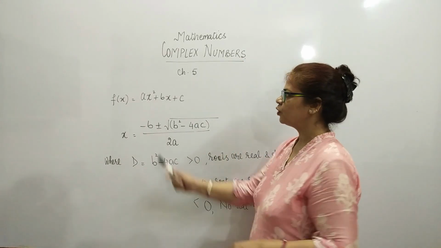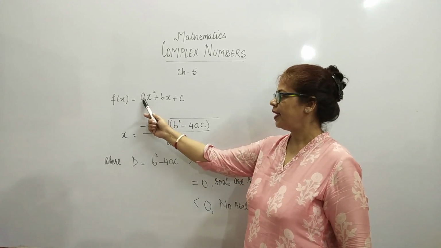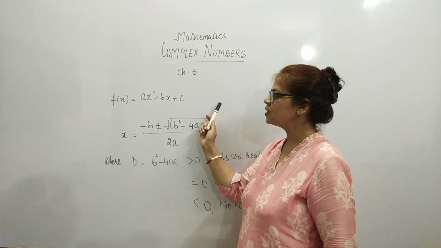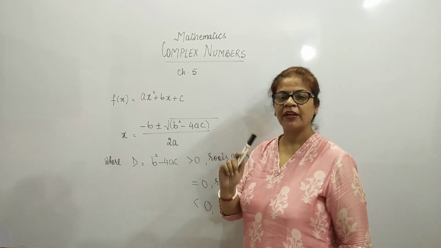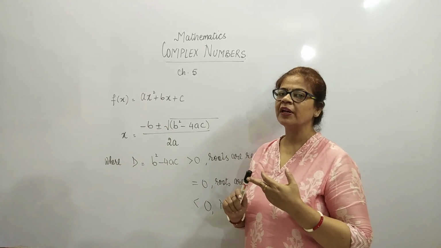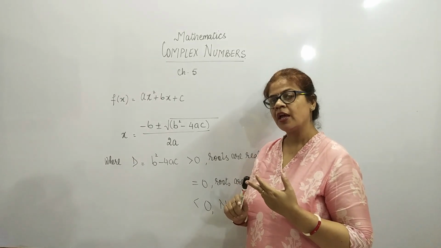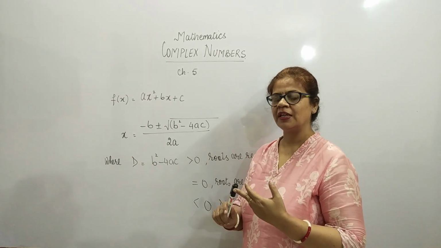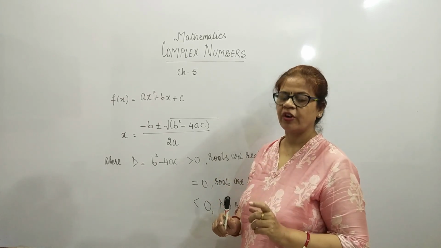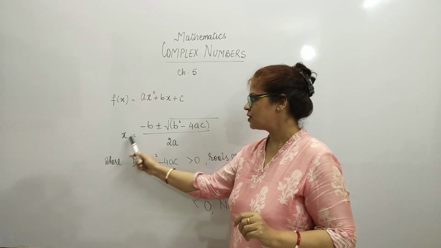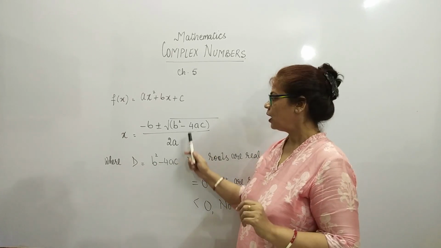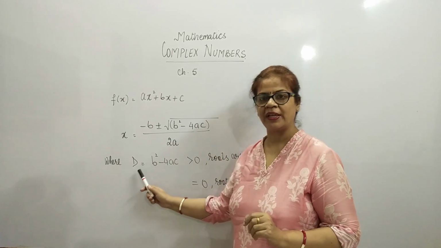You know very well that a quadratic equation is ax square plus bx plus c, and its roots can be found by two methods, the middle term split method or the discriminant method. The discriminant method is a formula we apply when a quadratic equation cannot be factorized easily. The formula is x is equal to minus b plus minus square root of b square minus 4ac upon 2a, right? Now this b square minus 4ac is known as the discriminant.